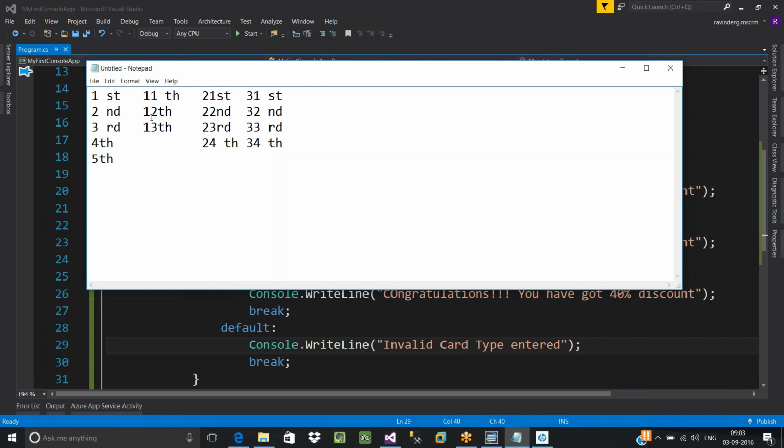You will have to ask the user to enter the number and decide which one has to be concatenated, I mean how to read that number, which one has to be concatenated to that number, and print that. Print it as either 1 ST or 1 RD, 1 ND or 1 TH.